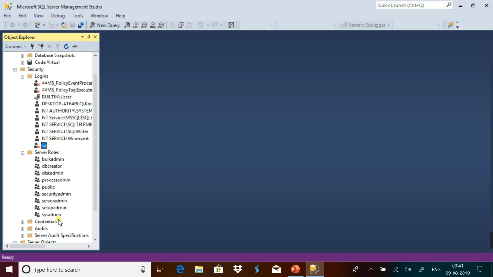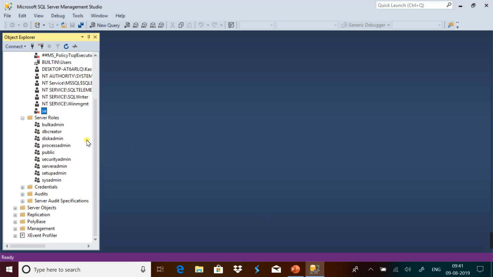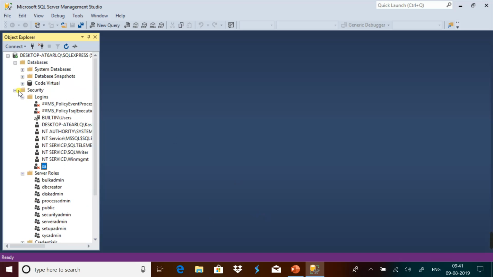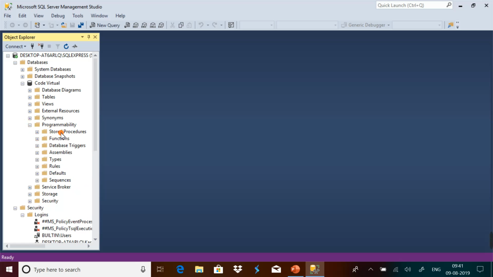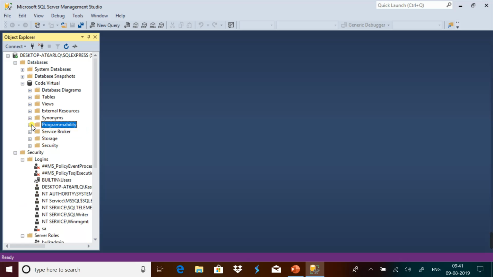So all things then can be managed from this management studio. That means it is the interface provided by Microsoft to interact with the SQL Server database. Like we have, you can see, if I navigate to the database, there are tables, views, programmability, that means stored procedures, functions, triggers. We can define everything here in the SQL Server Management Studio, and later in our video tutorials we will navigate